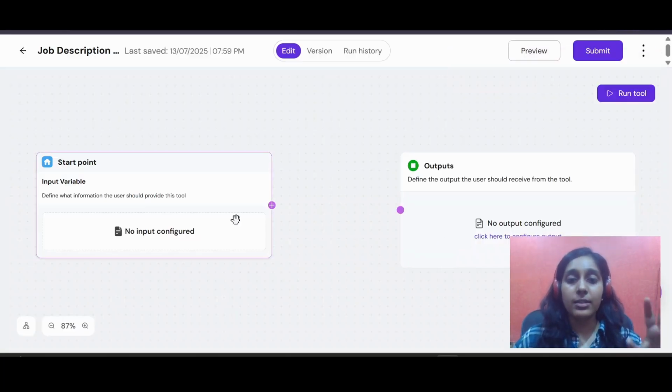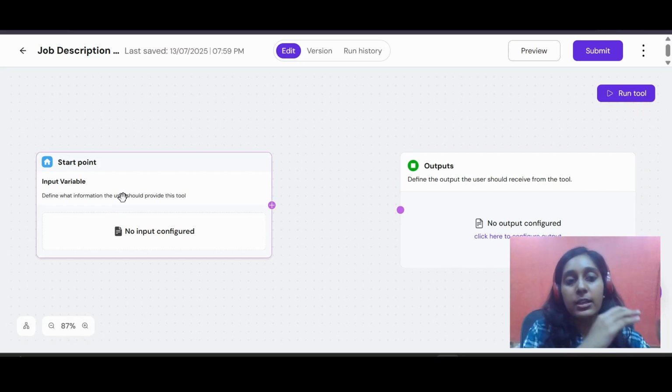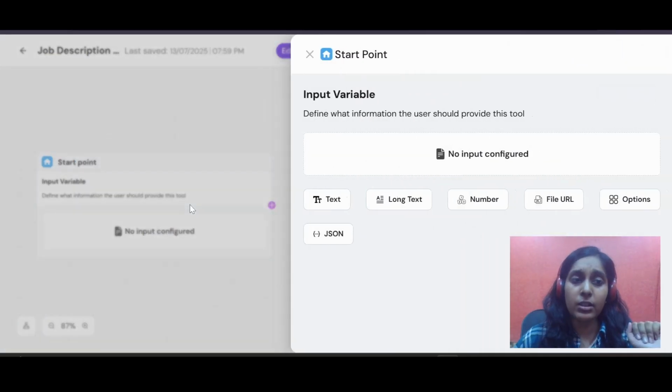So now our tool has been successfully created. We can see there are two nodes right here. One starts with an input and ends with an output, and a chain can be created of multiple nodes where data is flowing from one point to the other, and AI will basically analyze, optimize and do operations with the data so that you can get your desired output. So let's click on the start node.